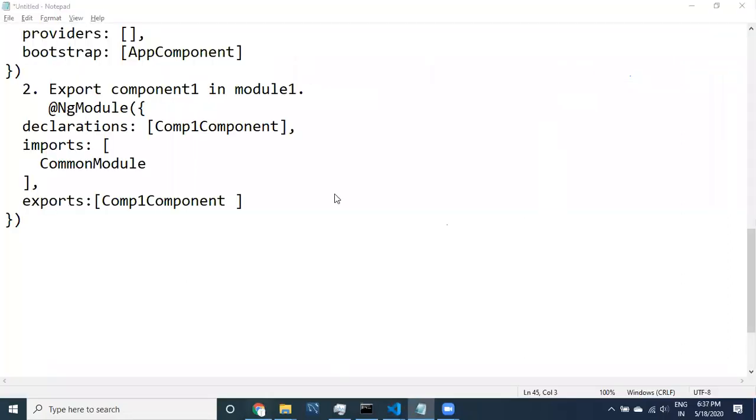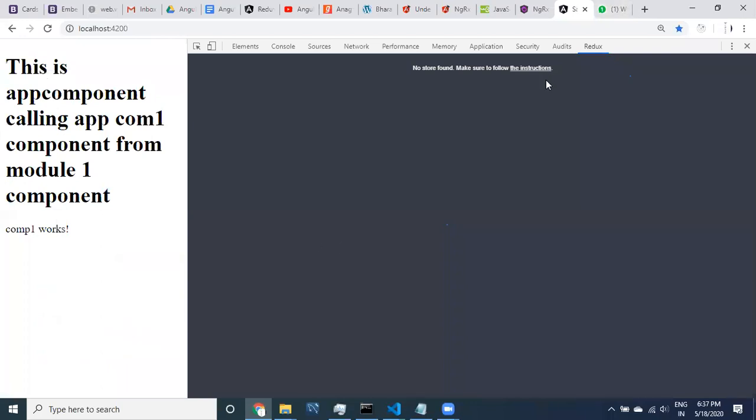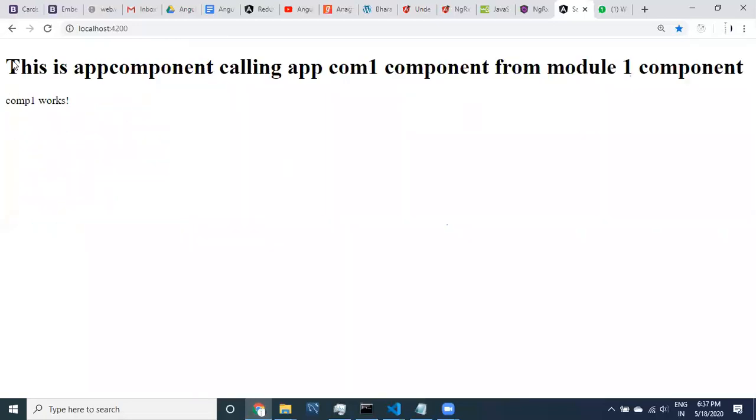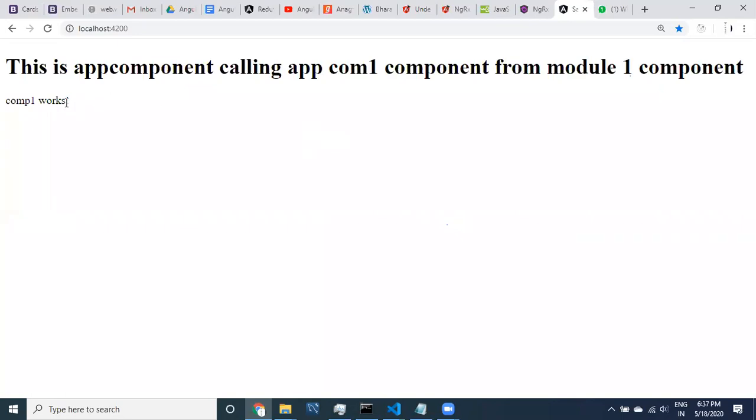You can go to the UI and see here, close the console part. Let's look at it guys. This is component call, we are calling it. This is the parent component. From here we are going to call it. So this is coming from where? This information is coming from comp 1.